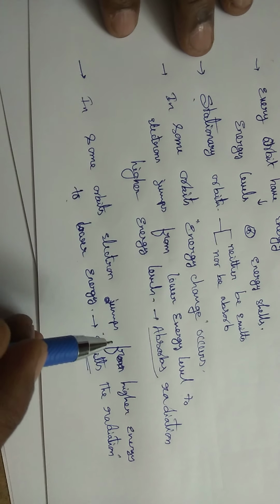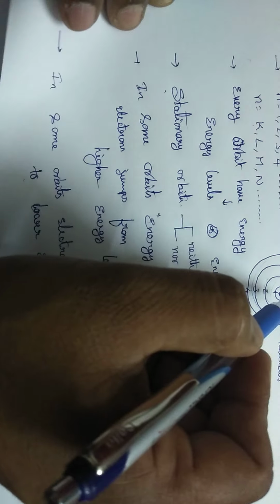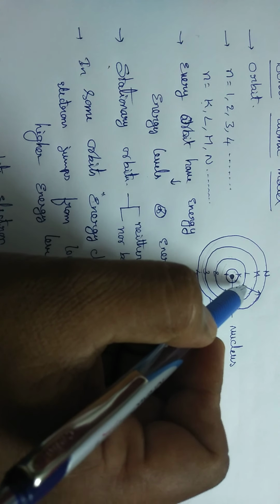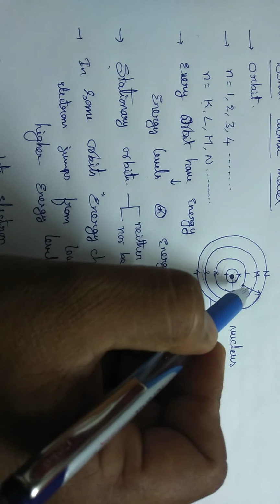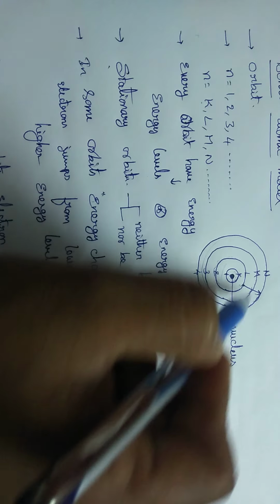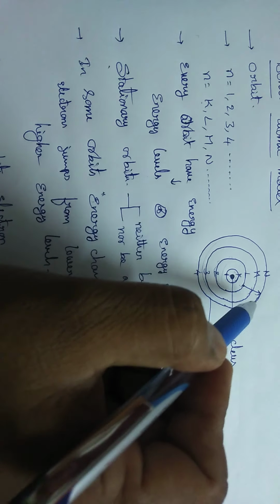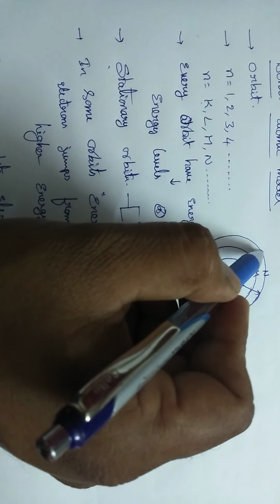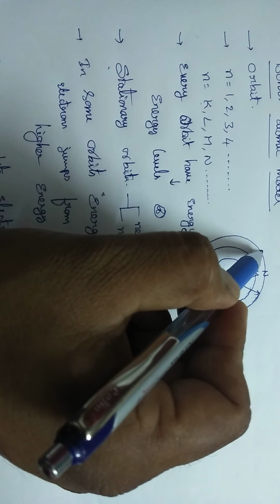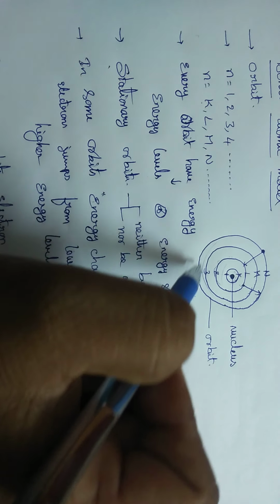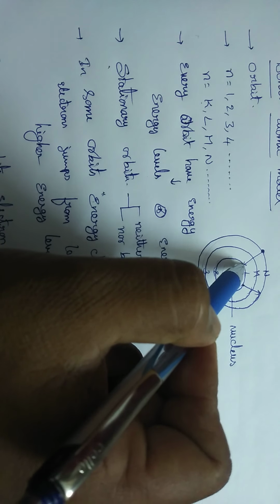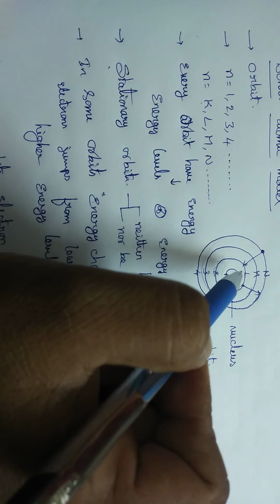Suppose an electron jumps from lower energy to higher energy. If it wants to jump from this lower energy to higher energy, it absorbs radiation from the surroundings. If it again wants to come back to its original position or ground state, it is present in the higher energy state. At the higher energy level, more energy is required for this electron. But when this electron comes back to its original position, no more energy is needed.